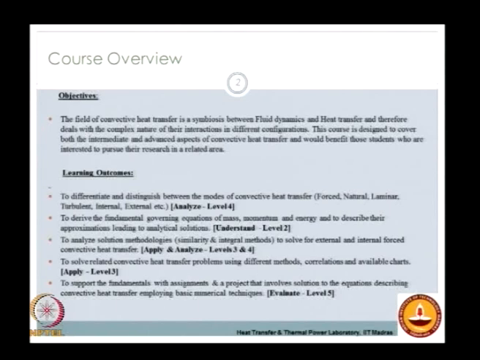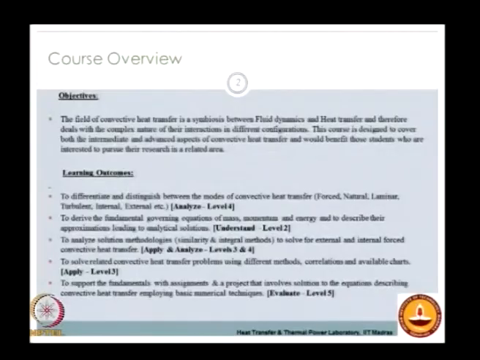and the objective number 4 would be to solve related convective heat transfer problems. This is more on the applying level, and I think most of you in your heat transfer course have already done this, where you are given a set of heat transfer correlations, and then you just use that, either you use the correlations or you use available charts to solve problems. So that will be on the level of applying on level 3,